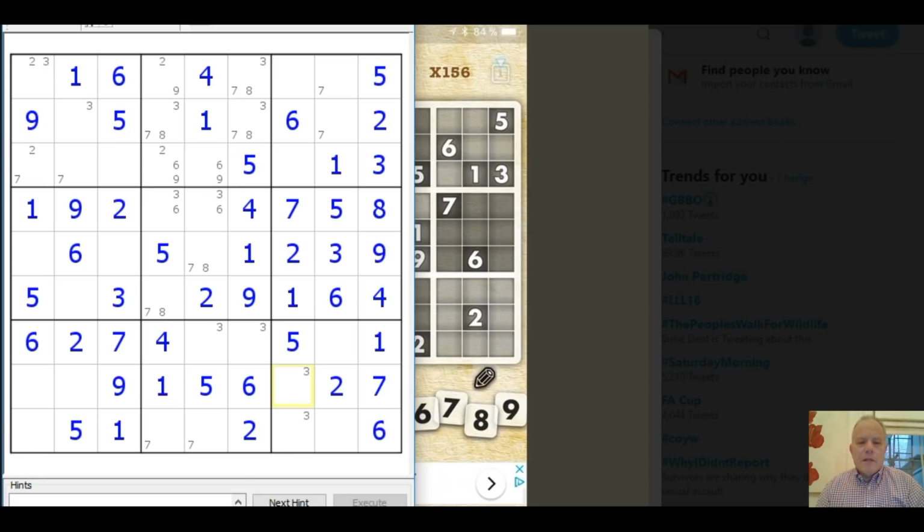So up to this point, I'd had a decent solve of a tricky puzzle, but that was where I kind of just failed to progress. And I spent a long time looking for a logical way through. What I'd do on paper, what I proved I could do on paper actually, was to make some decision about a number in a different coloured pencil mark, bifurcation technique, follow that through to see where it got me to. And then when that went wrong, I could go back and correct the original plan and have a working way